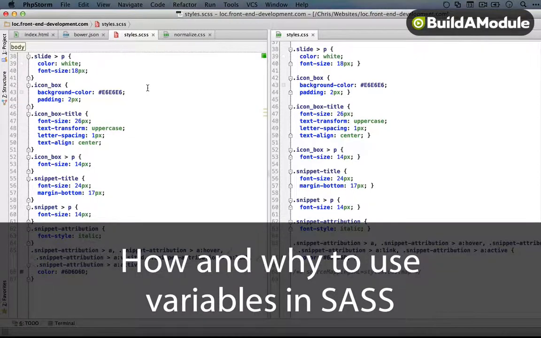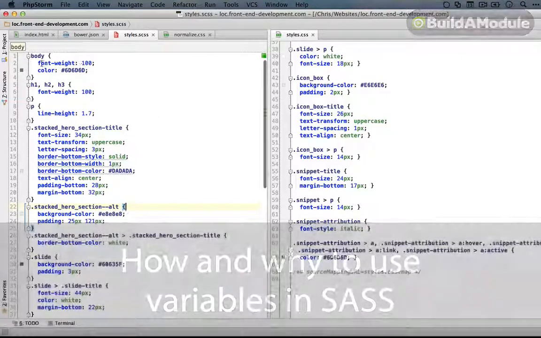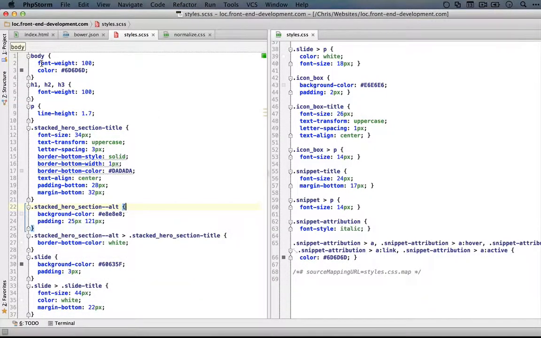So let's begin with a basic use of Sass, which is using variables. Now a variable just means that we assign a value to some kind of label. And there's two reasons why we do this. The first is to reduce repetition, so we can use a variable in multiple places, and thus when we change the value of the variable, it cascades to all of the places where that variable is being used. And the second reason is that we can name a variable anything we want, so it will give a value more meaning. So let's see it in action and then we'll return to both of those ideas.